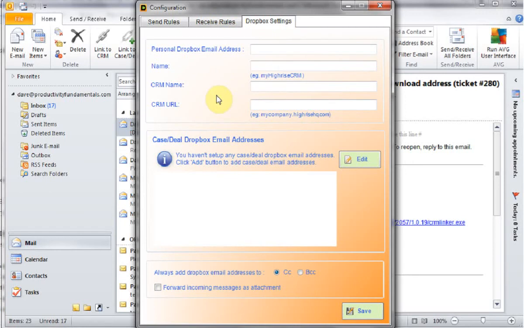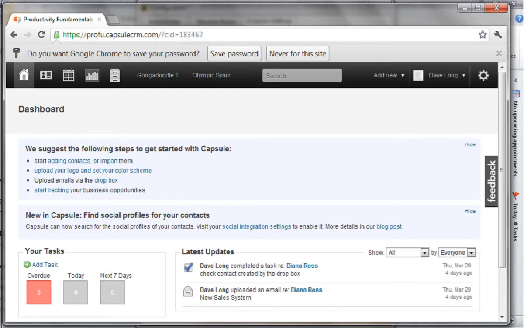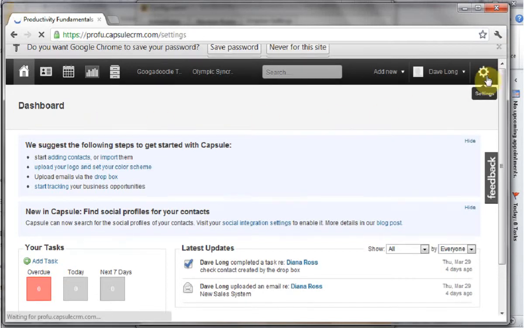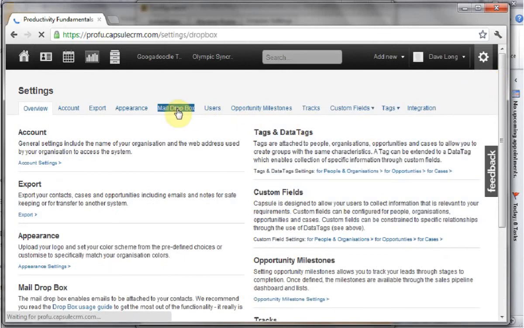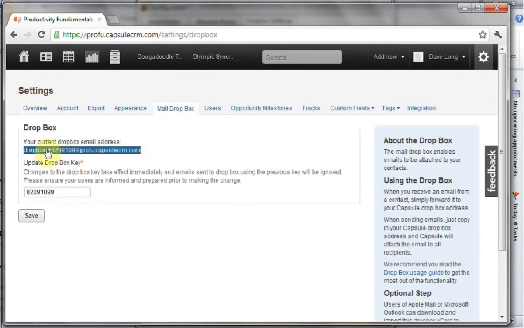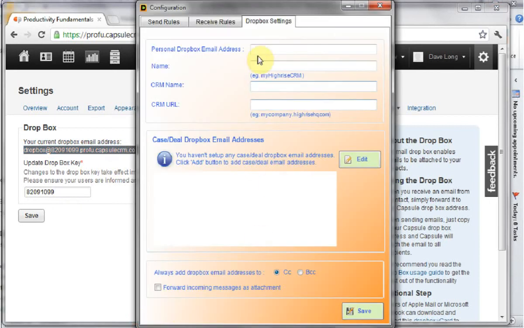Now the first thing that we need to do is to find the generic Dropbox for my particular CapsuleCRM account. So I'm going to open my browser, and within my CapsuleCRM I'm going to click on settings and then go to the mail Dropbox, and you'll see here we've got an email address which is our generic Dropbox email address. So I'm just going to highlight that and press Ctrl C, and that will copy it,